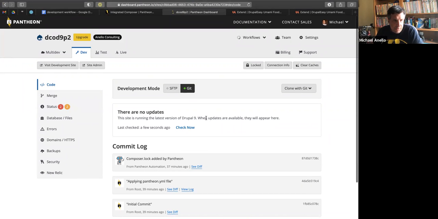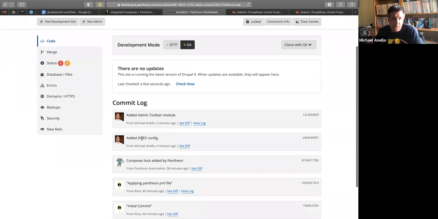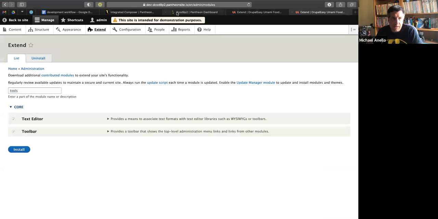Composer unlock added by Pantheon. Why am I not seeing it? Oh, it's still going. And I'm waiting. There we go. Okay, so there's the DDev config we added. There's the admin toolbar module. So now if we go back to the Pantheon dev and do a reload,